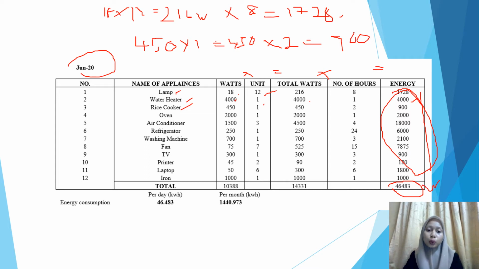To calculate the kilowatt hour per day, I take the energy 46,483